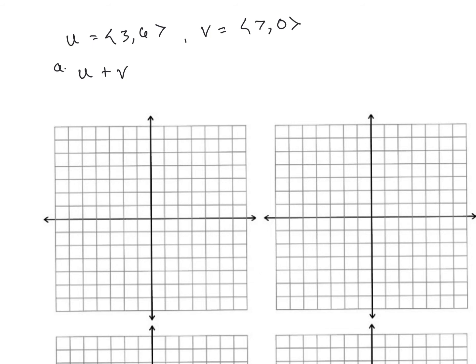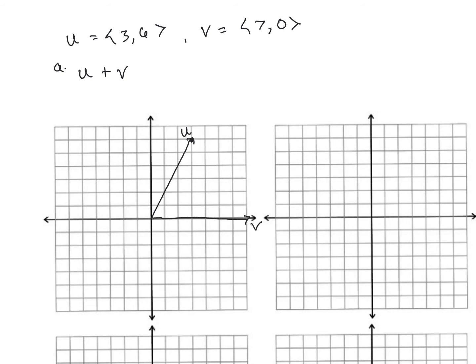So if I graph this, I'm going to make this 3. 1, 2, 3, 4, 5, 6. So 3, 6. So this is u. And v is 7, 0. So this goes over 7. 1, 2, 3, 4, 5, 6, 7. So this would be